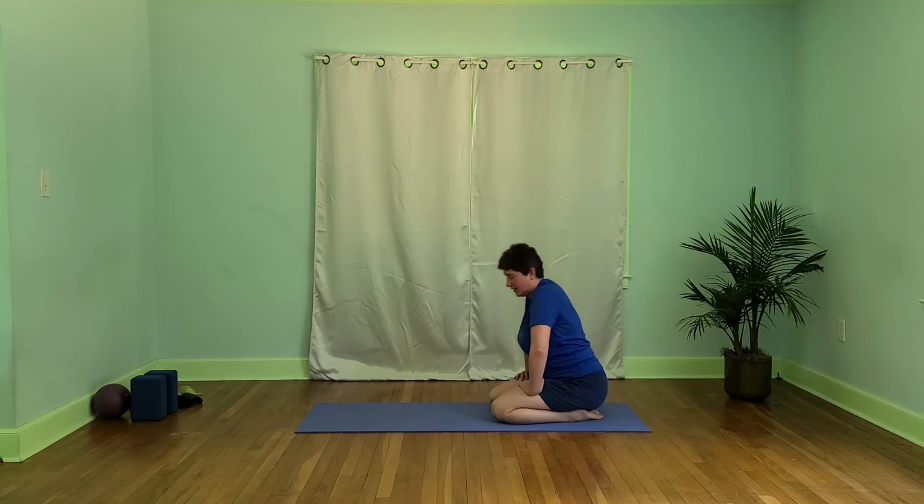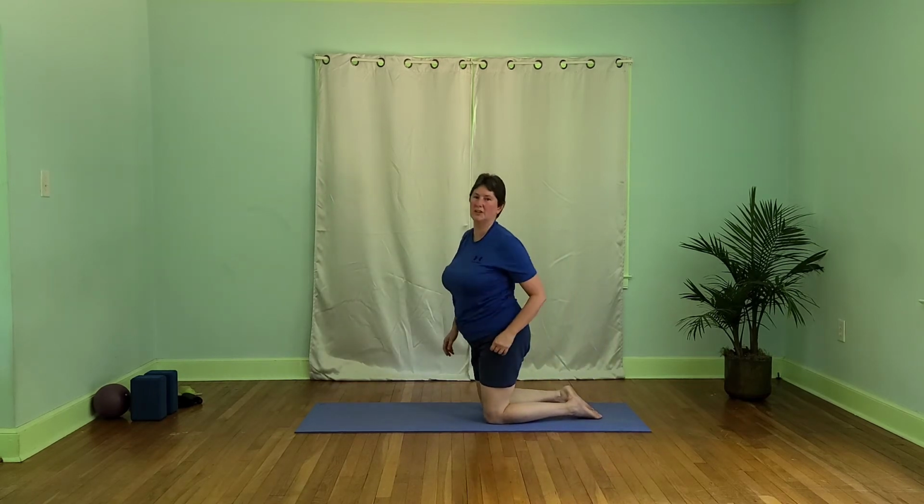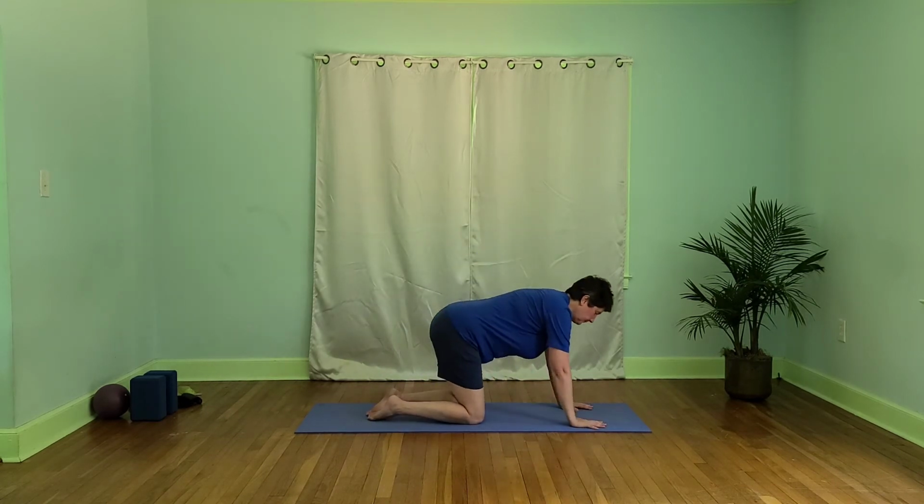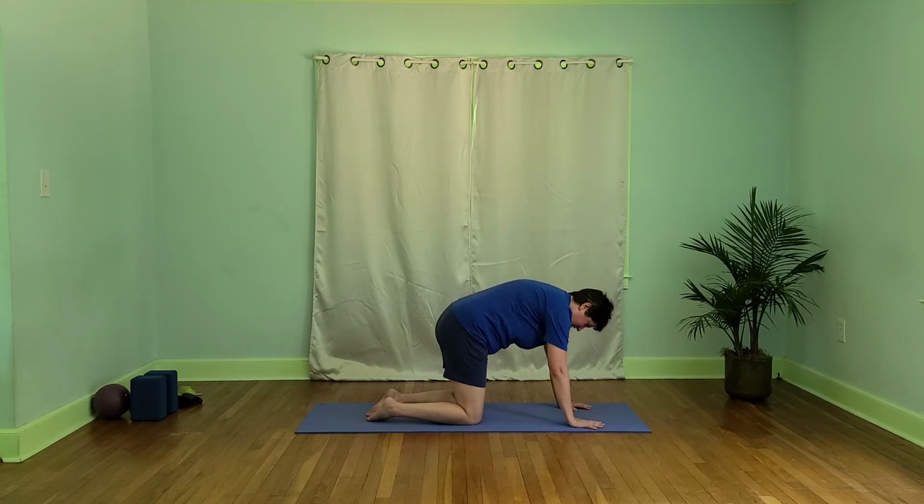All right, let's go ahead and begin with just our basic plank. Your choice, depending on wrists, to do this on the hands or on the forearms. I'm going to kind of explore all of them, so if you can, let's start on the hands. All right, so lift into the cat pose. Where's my timer? Let's go ahead and find here, lifting through the navel, and let's go ahead and begin to